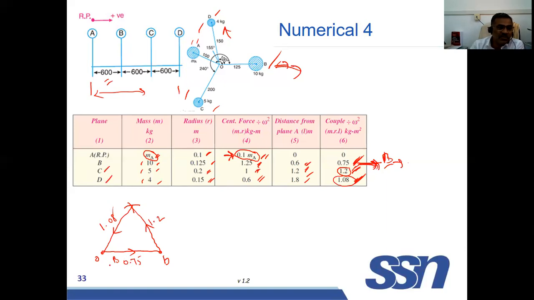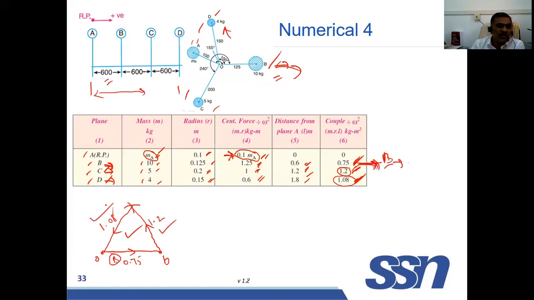Okay, already we have assumed the direction of B. The direction of C and direction of D we calculated. In the beginning, we don't know the mass MA, direction of A, direction of B, direction of C, direction of D. All five data are unknown. By drawing this couple polygon, you can find that we assume the direction of B. We assume the direction of E, it is horizontal. By drawing the couple polygon, you can find the direction of C and the direction of D.